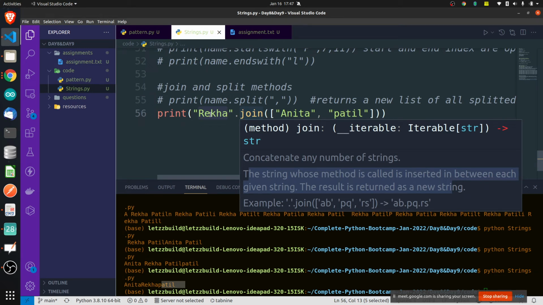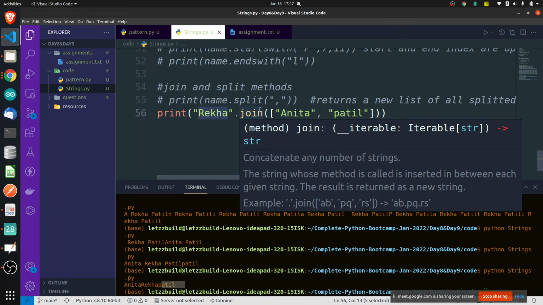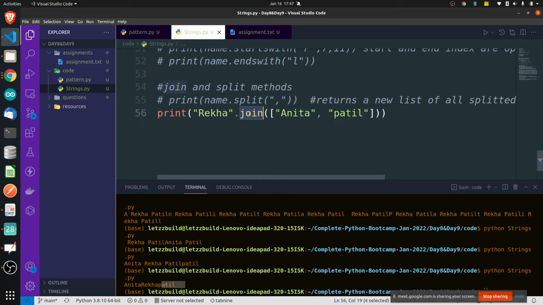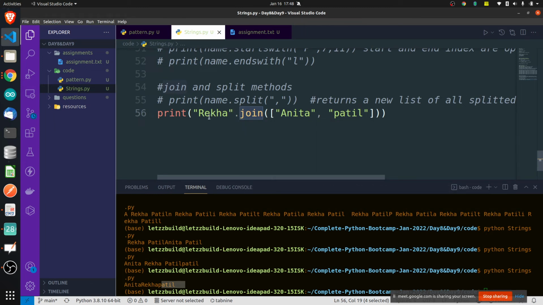For example, we are calling this method on which string? Rekha. See here, Rekha is the word. On Rekha we are calling this method join. So the string on which this method is called will be inserted in between each given string. Very simple. So in between whatever strings you have given here, the Rekha word will be inserted.